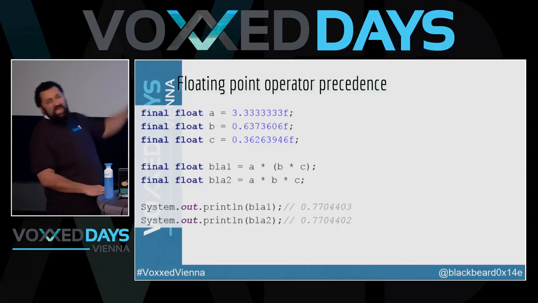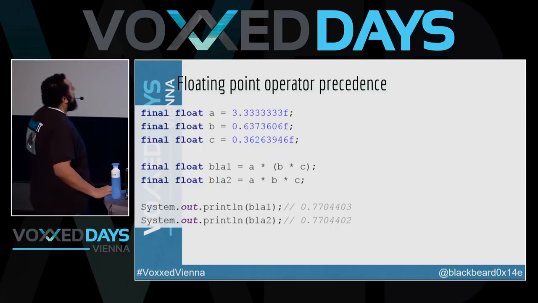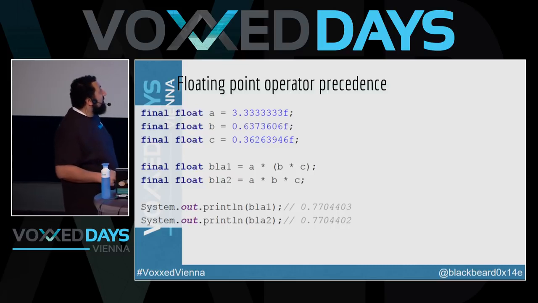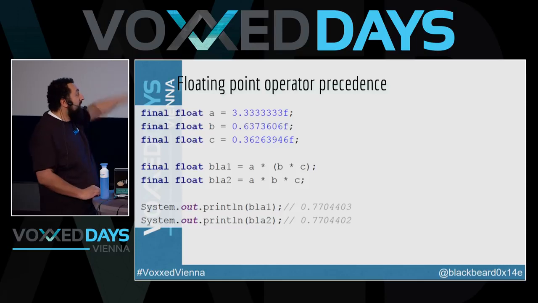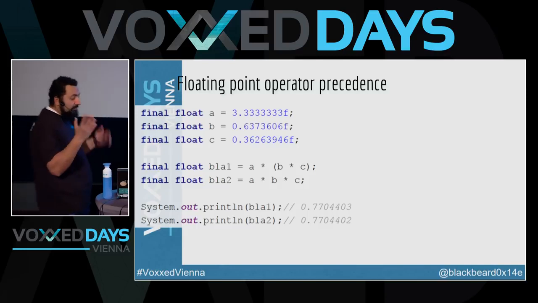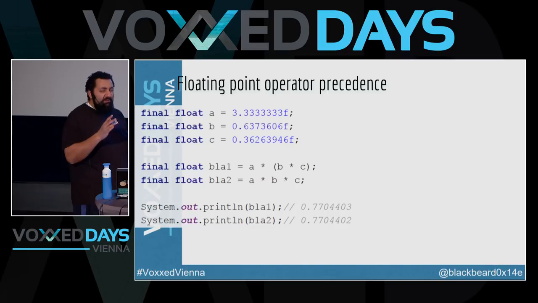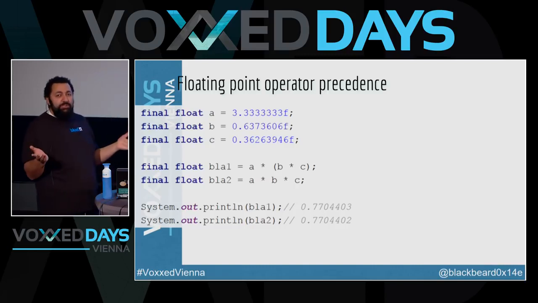Here's a better example with actual values, with actual printouts of the values. Who would actually imagine that these two would give different results? And yet they still have different results. I didn't explain the reason, but the reason is that floating points have limited precision. You only have 32-bit precision.